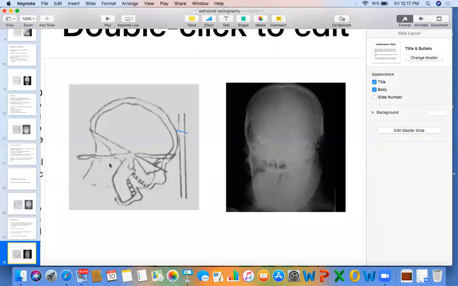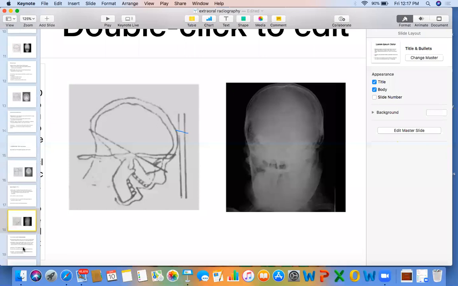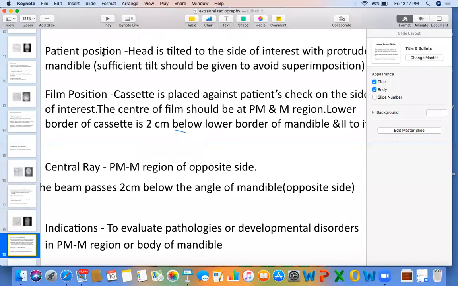See, it is mouth open, rays coming from here, and this is your cassette. So this is how it is going to look on the radiograph. Again, I would like to admit that this radiograph is not very ideal, but this is the original one. I wanted to add all original pictures taken in the Department of Oral Medicine and Radiology, where our PGs work very hard, all the PGs, and they have taken all these radiographs and we have stored them. Few are from my PG life also.